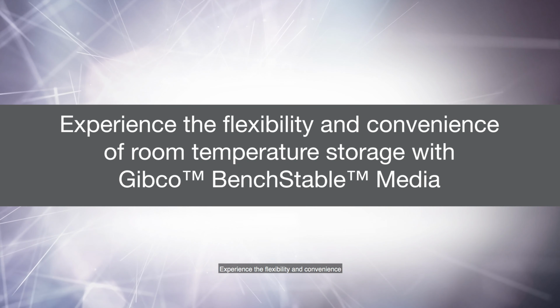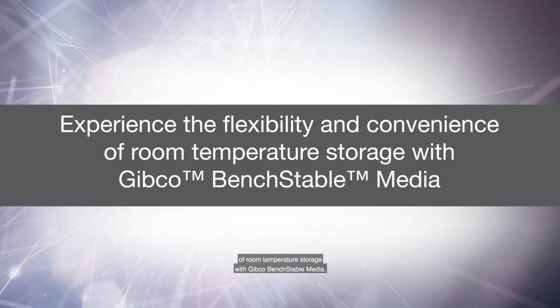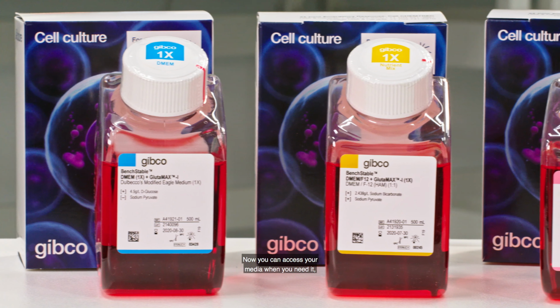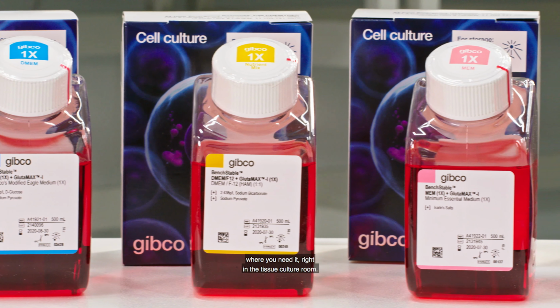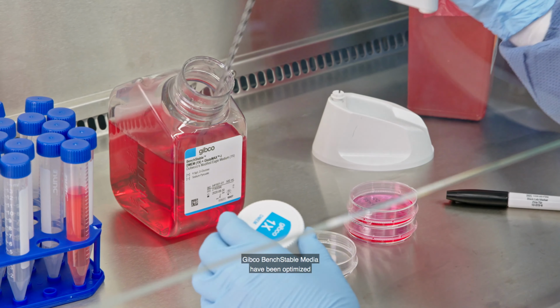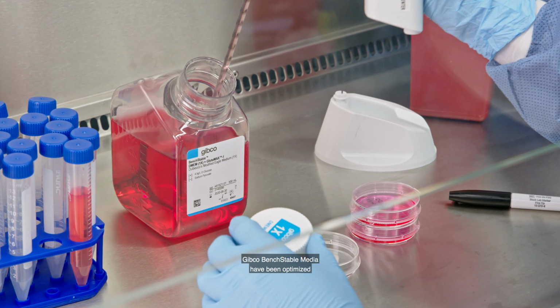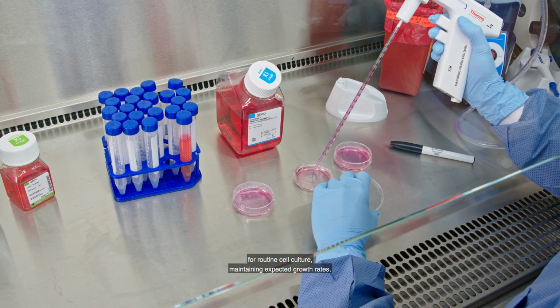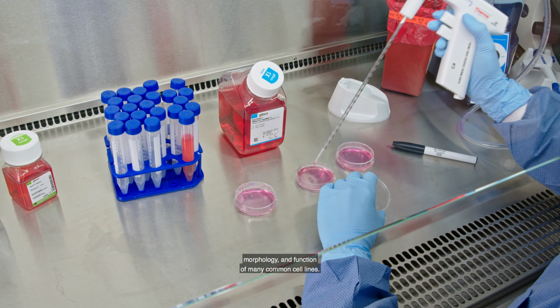Experience the flexibility and convenience of room temperature storage with Gibco BenchStable Media. Now you can access your media when you need it, where you need it, right in the tissue culture room. Gibco BenchStable Media have been optimized for routine cell culture, maintaining expected growth rates, morphology, and function of many common